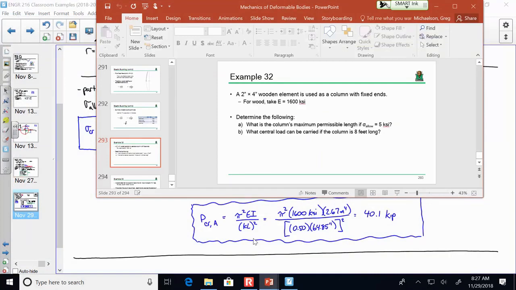All right. Let's look at part B. So part B is asking, what is the